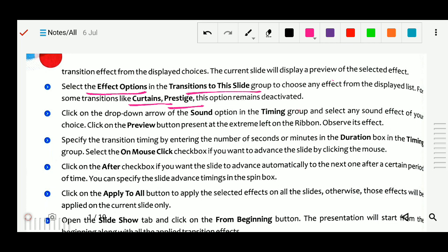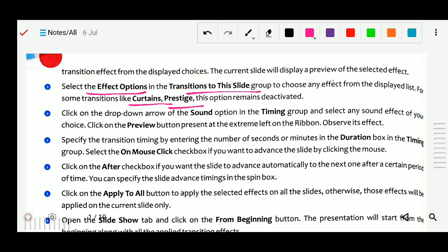These are the names of the transition effects. Whenever you have not applied one, these options remain deactivated.